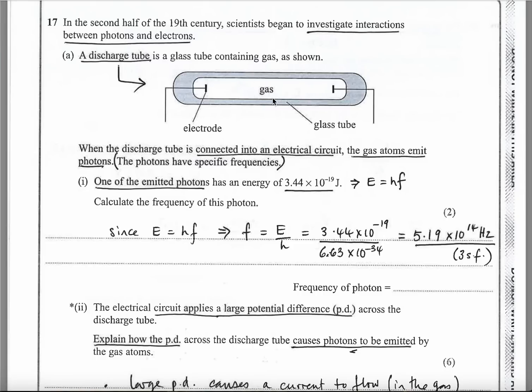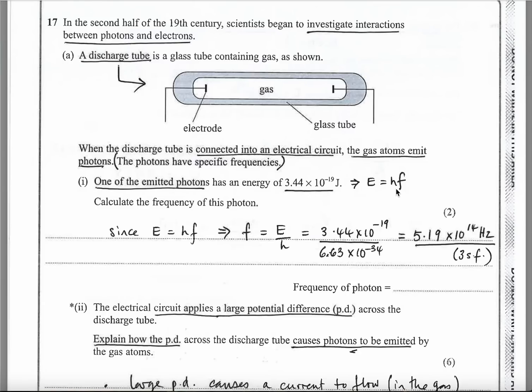And in the gas, there must be some charged particles, because everything's made of atoms, and atoms are made of positive nuclei and negative electrons, okay? When the discharge tube is connected into an electric circuit, the gas emits photons, so it emits light. The photons have specific frequencies. One of the emitted photons has an energy of 3.44 times 10 to the minus 19 joules, and that